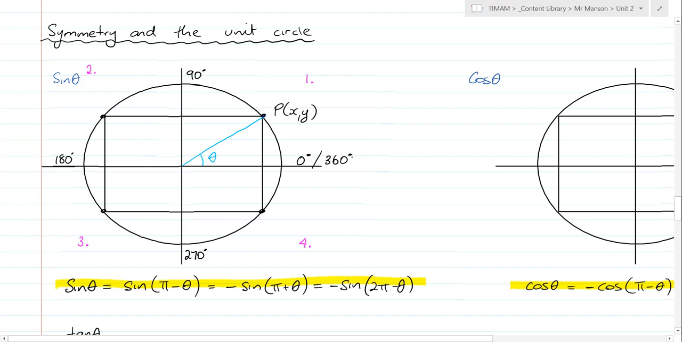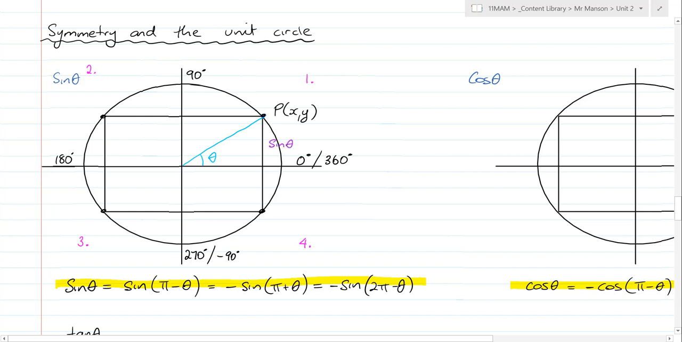For those of you asking questions about negative angles earlier, 270 is the same as negative 90 degrees. And I can keep on working backwards in a negative direction, which is the clockwise direction. So I've got my angles on there now. Now, remember sine